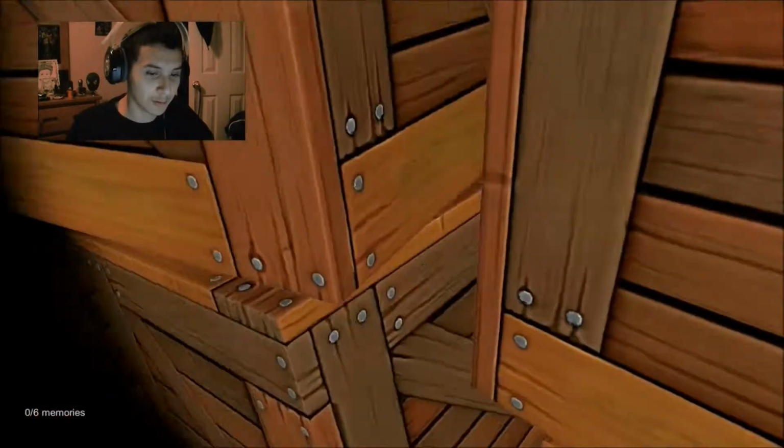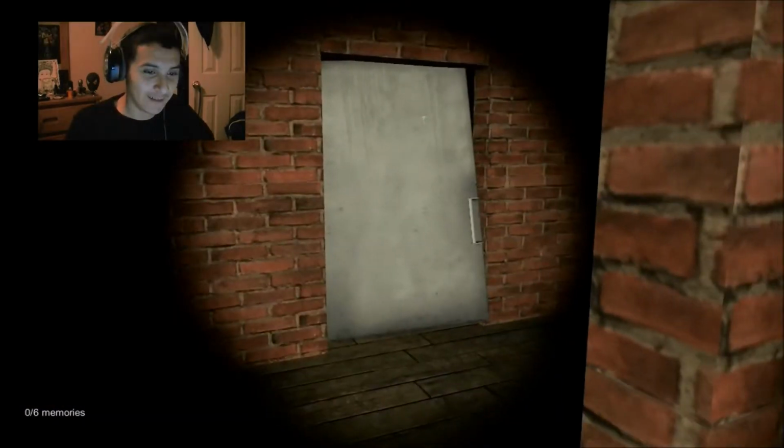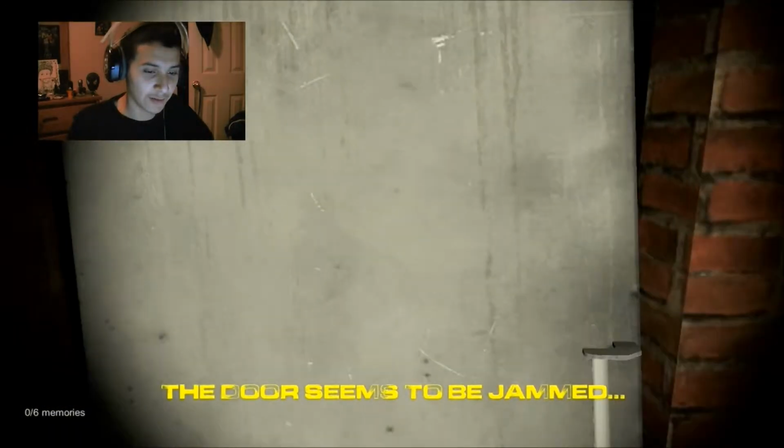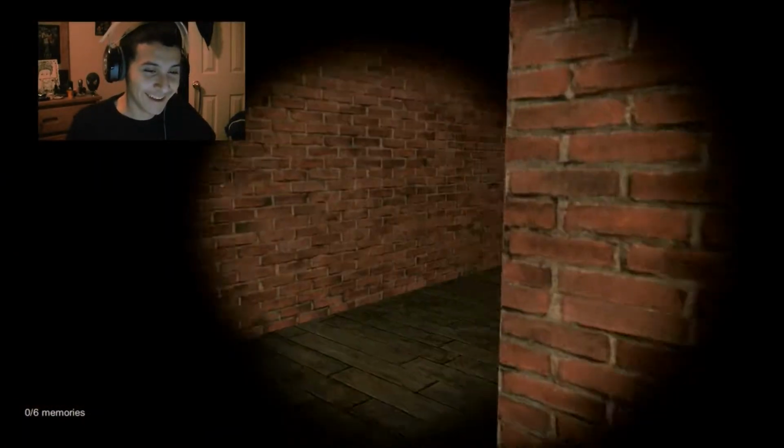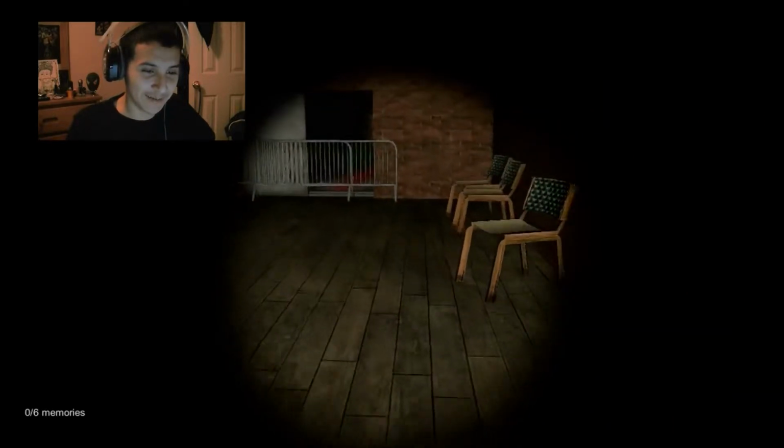Maybe there's a door somewhere. Door? Anywhere? Oh fuck, timber! That scared me. This door seems to be jammed. You don't say. I may be no expert, but